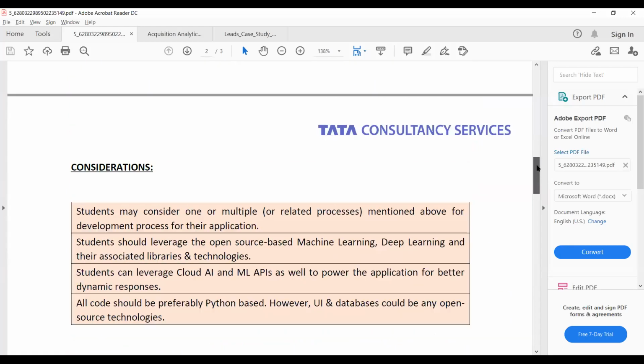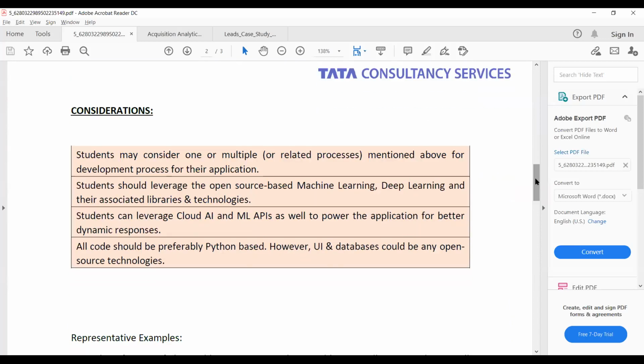Now, a few points which you need to consider here. Students may consider one or multiple related processes mentioned above for the development of their application. Students should leverage the open source based machine learning, deep learning, and associated libraries and technology.